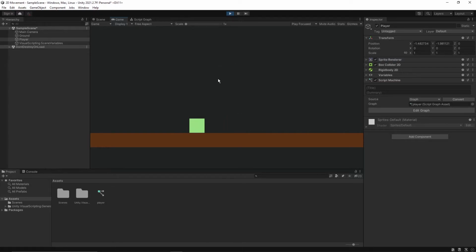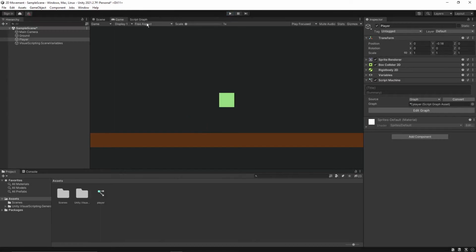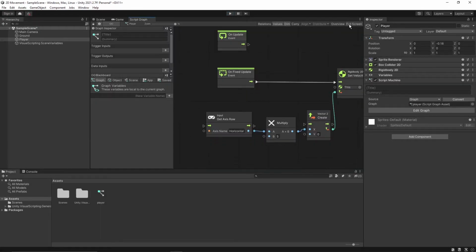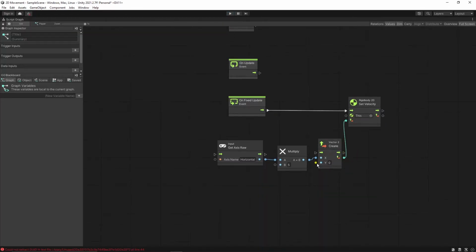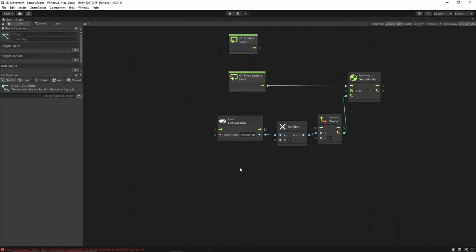One thing that I noticed is the cube, or our square, was moving in the y direction really slowly. We can fix it by simply passing the y value based on the current velocity of the game object.